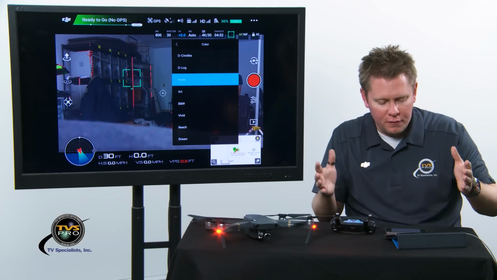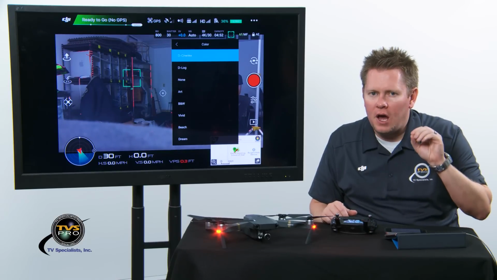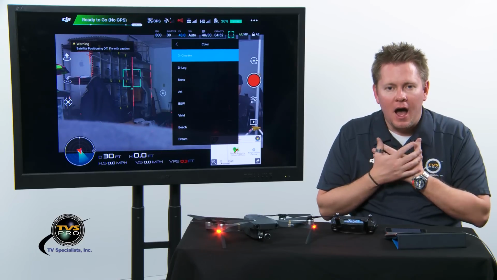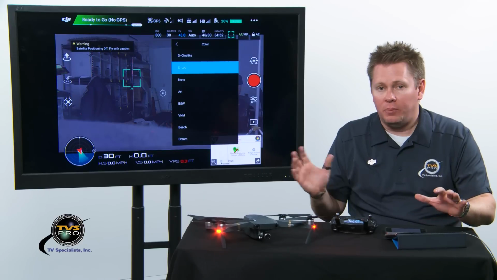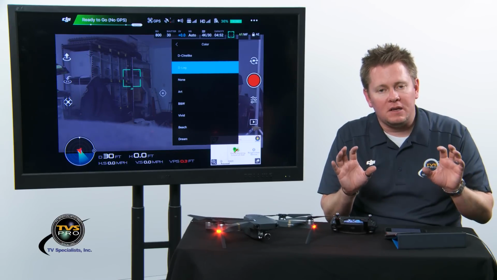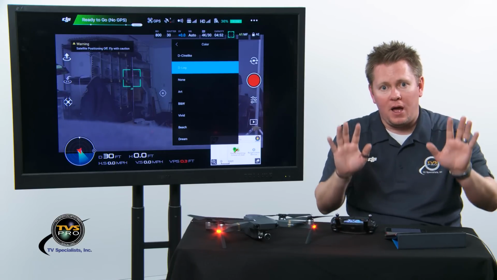Hopefully that makes it clear for you. D-Cinelike is similar to log, but it's not quite as flat. Personally, I haven't shot a whole lot in it. I do like some of the looks of the log and applying those LUTs and messing around with the colors. That's the purpose of log, to give you a little bit more freedom as to saturation, exposure, highlights, gains,